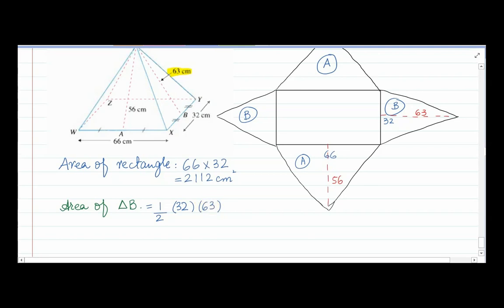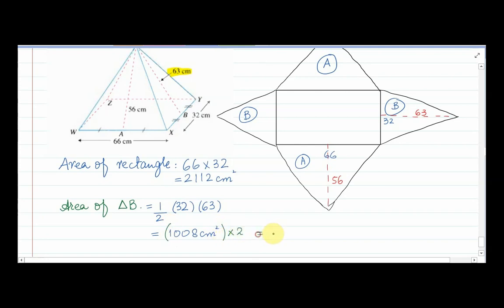You can solve it easily with the help of a calculator. So 32 times 63 divided by 2 gives you the value of 1008 centimeter square. And we have two triangles B, so we need to multiply the value by 2,